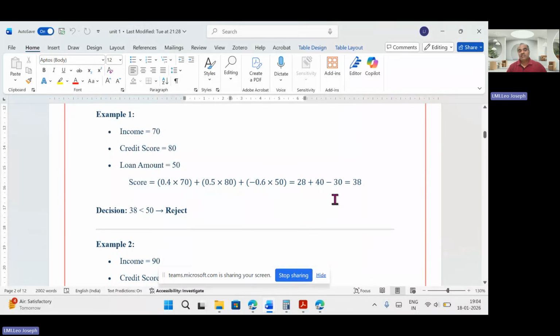What we are planning is, okay, sir, whatever amount you are asking, it may be less. So what the bank is telling is, sir, our policy is like this. You can increase whatever. If your income is less, no problem, increase your credit score, or reduce the loan amount so that you may have the chances of getting the loan approved. So in that aspect, you plan on these three scenarios.